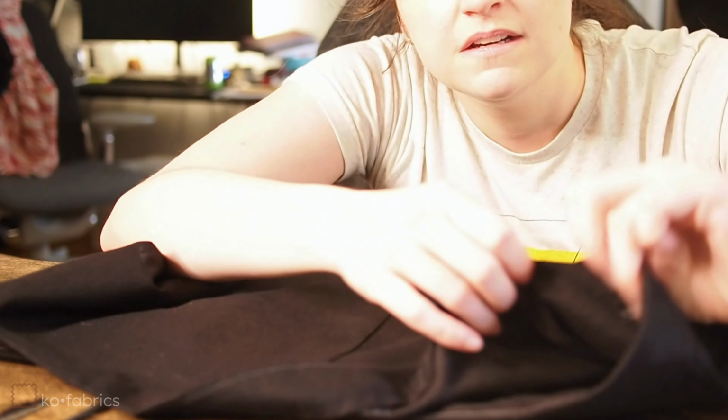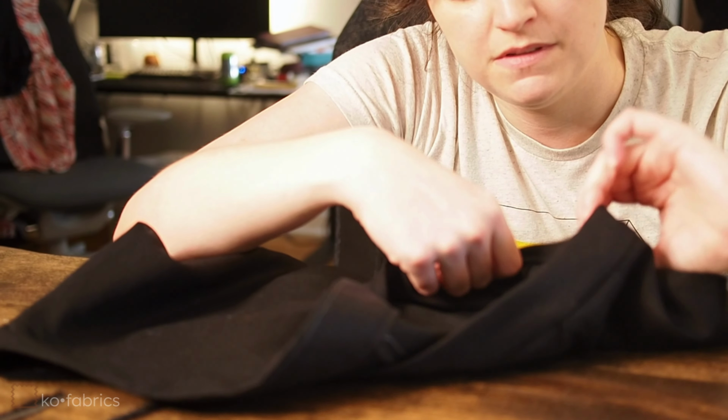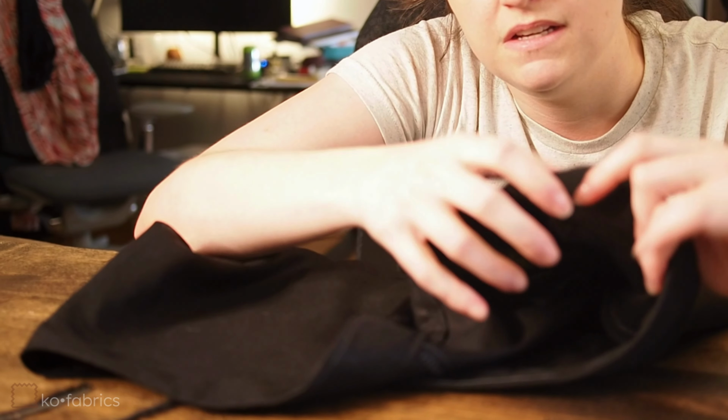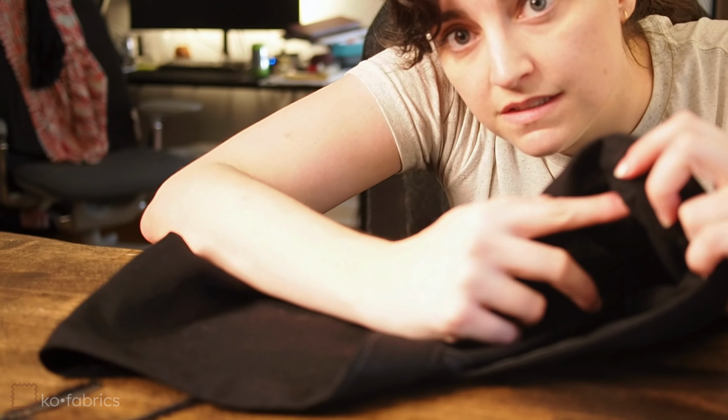But the last thing to do is the elastic. And so we left these little holes here, let me find it, on the inside, about an inch wide hole or so. And we're going to take our elastic and thread it through here and thread it through the back of the pant to the other hole